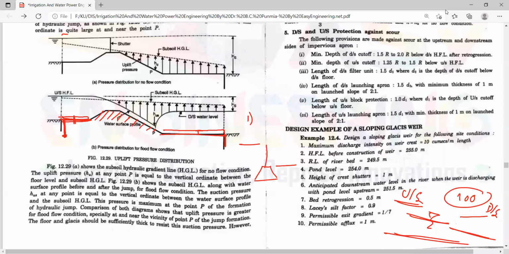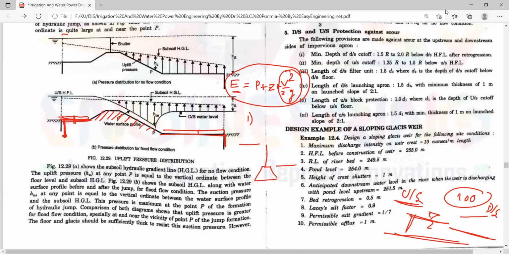So how to calculate total energy? From your fundamentals of fluid mechanics, the total energy, the specific energy, depends upon potential energy plus datum head plus velocity head. So this is the total head. We know the depth of flow. We don't know the velocity, but we need to calculate the velocity and find out the total energy at the upstream side as well as the downstream side. So from the data, we need to find out the levels and different hydraulic parameters. So that is the thing, right? Directly we'll move to the problem.